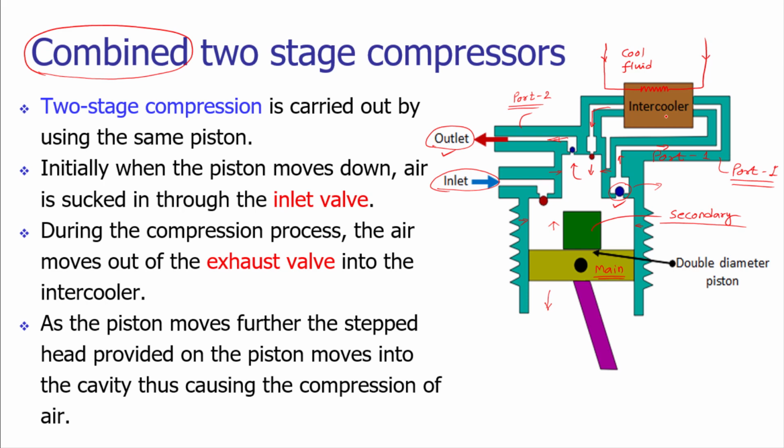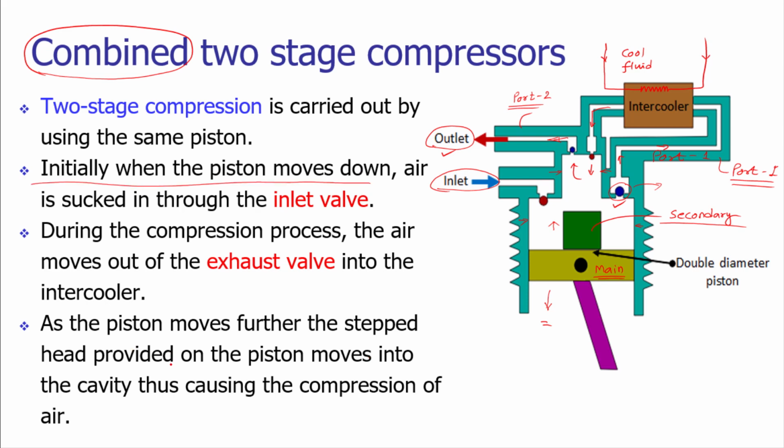In this way, the intercooler is reducing the temperature of the fluid which is coming from outlet port 1, and that fluid will be sucked in by the top smaller diameter cylinder during the return stroke of the piston, and further pressurized to get the required pressure, which would be quite high with low temperature and with better efficiency.